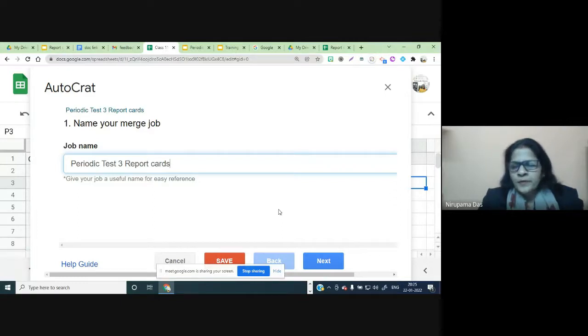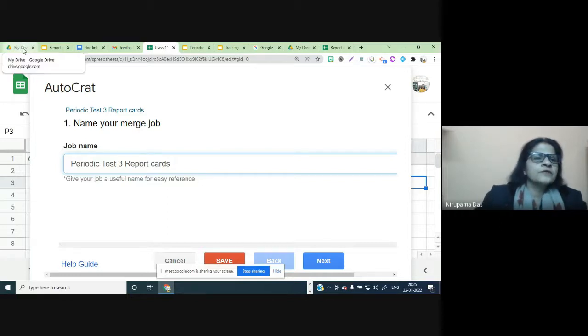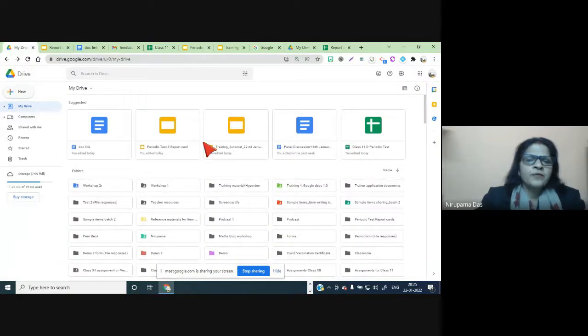Okay, and have any of you created a folder in Google Drive? Any of you want to know? Just let me show you. I already have created this, but if any of you want to, go into Google Drive. If you want to create a folder, what you need to do?